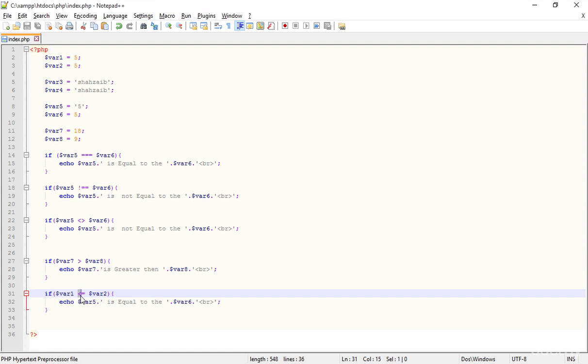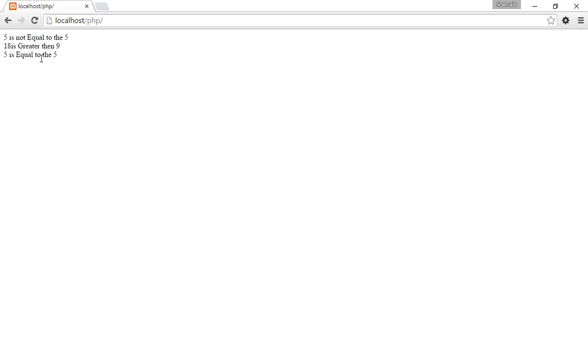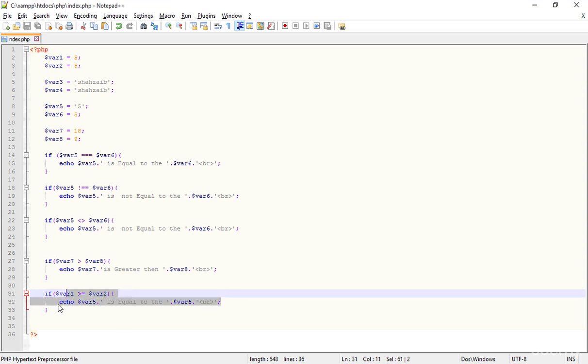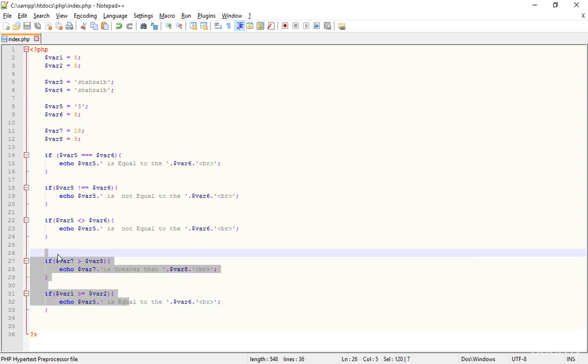In the same way I can use the greater than or equal to. It means maybe var1 is greater than var2, that means this is true, or if not greater than var2 but at least equal to, not less than, okay? We're talking about the greater than or equal to. Look at that, this is correct. That means this line is running. So when we talk about less than or equal to, that means not greater than but equal to and less than. But when we talk about greater than or equal to, that means not less than. So I hope you understood this simple formula and different ways to learn